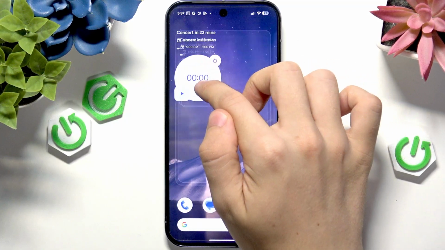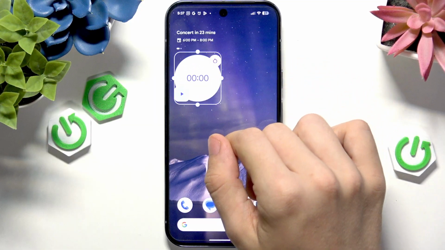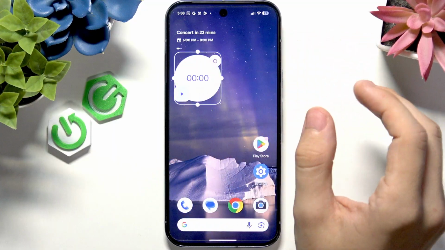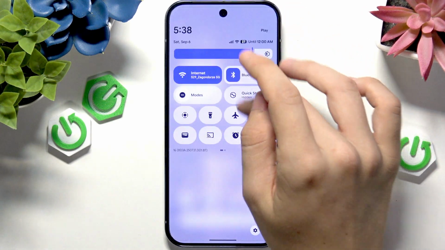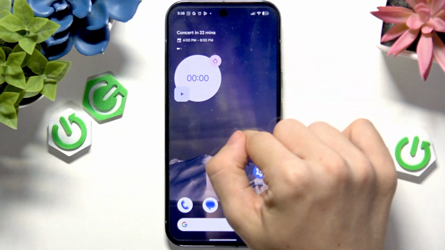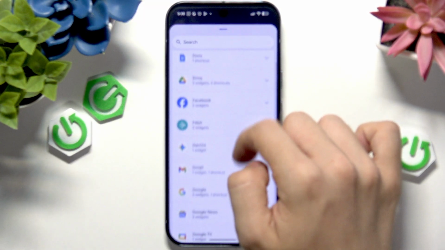It's not like I really find this resizing working, honestly, but it's better, instead of resizing, it is better to actually select a widget that is already in the shape you want. So you can press and hold, go to widgets, and you can see if I go to clock,